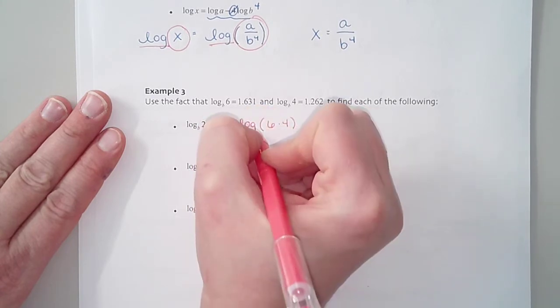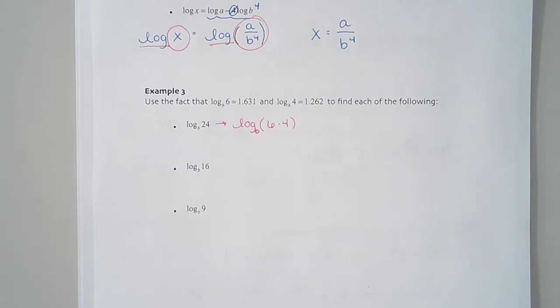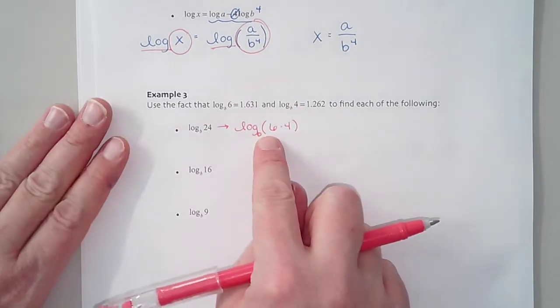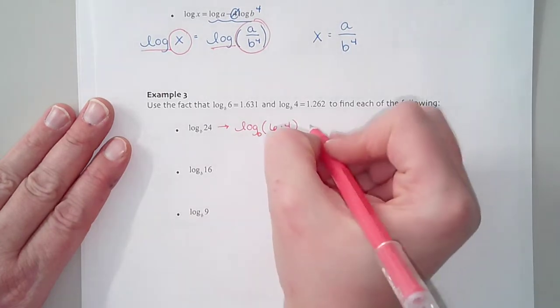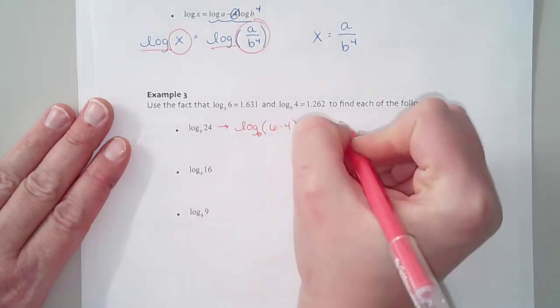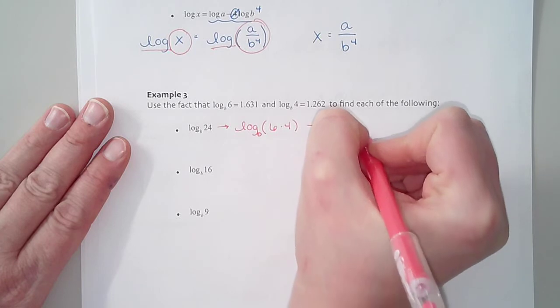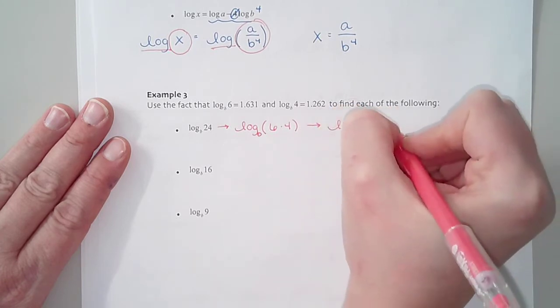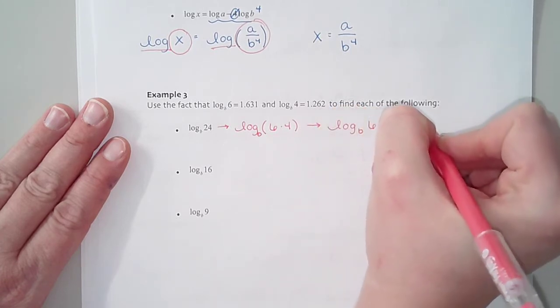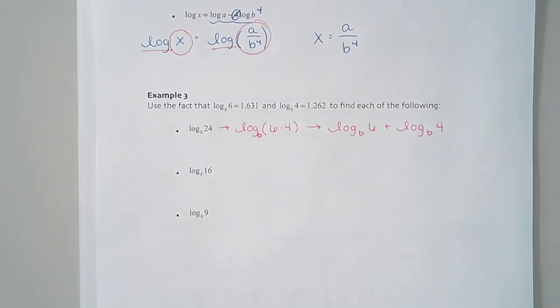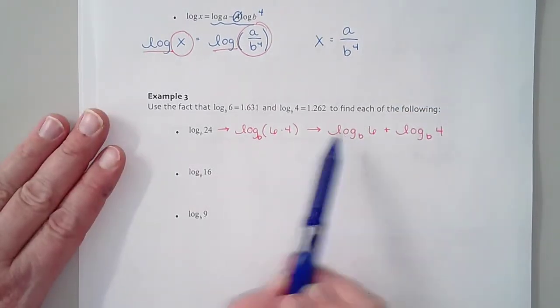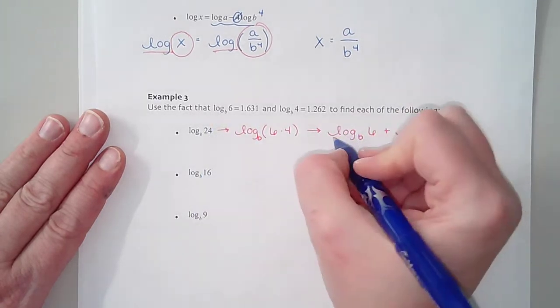Okay, and yes, it would be base b. The reason I want to do that is I know the rule for this, right? If this is written as multiplication, then I'm allowed to call this log base b of 6 plus log base b of 4. I can separate that using addition, okay? Well, I know log base b of 6. It's this number, so I can say this is now